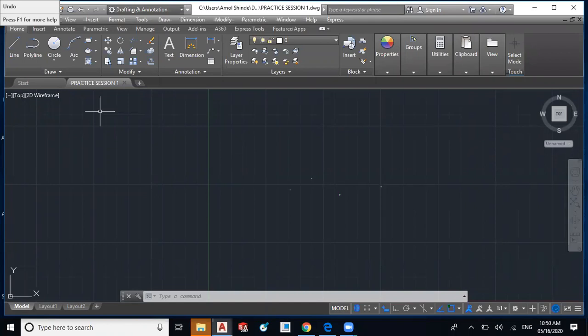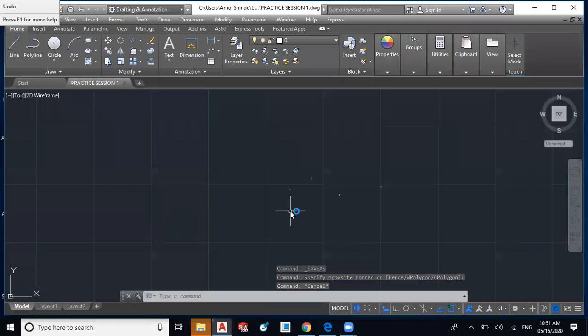Now we'll do the basic settings of AutoCAD. First we have done units. Now we have to set the limits. Whatever working area we are going to use, that we have to set. Suppose we have A2 size or A3 size printing paper, then we have to set those limits on the working area. This is the working area, whatever gridded lines are there. So we are going to set that working area by using the limits command.